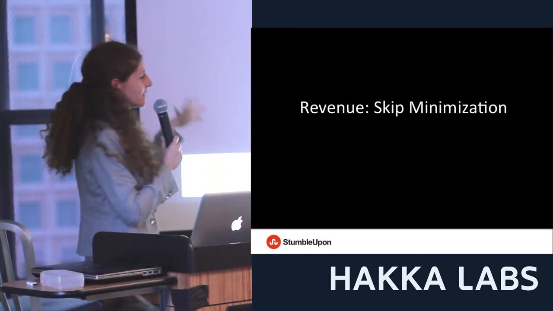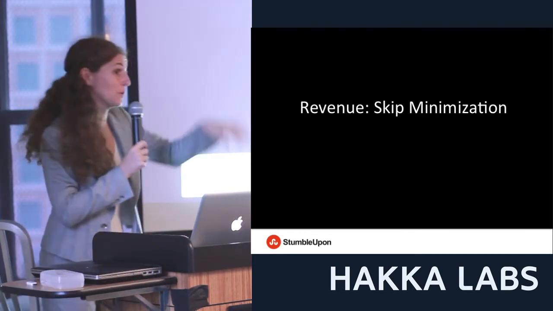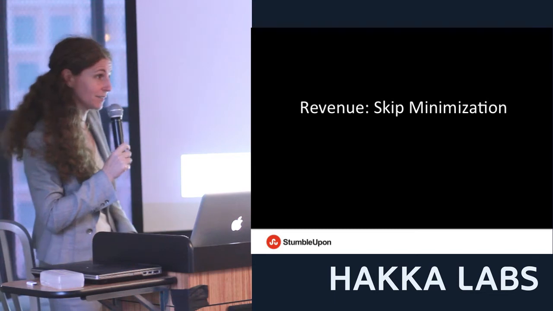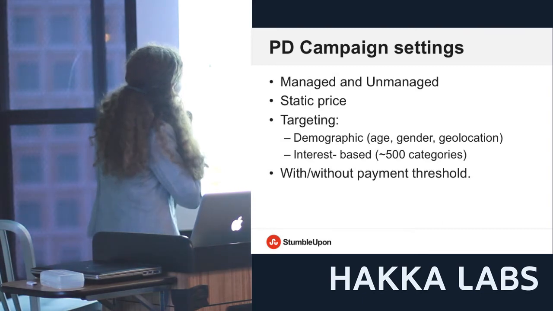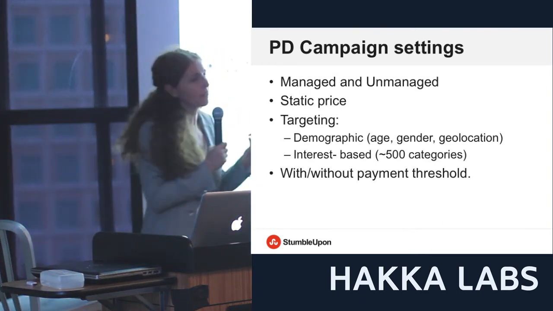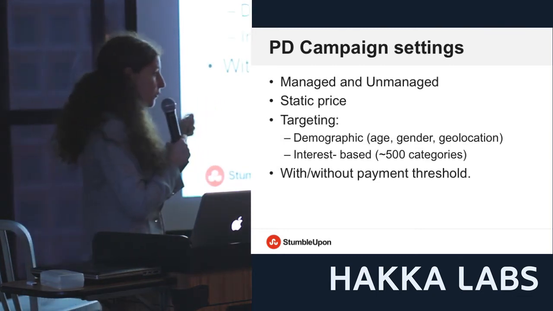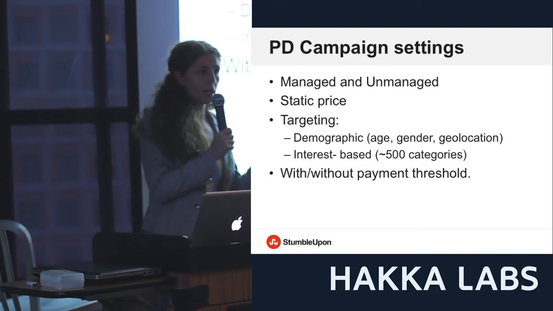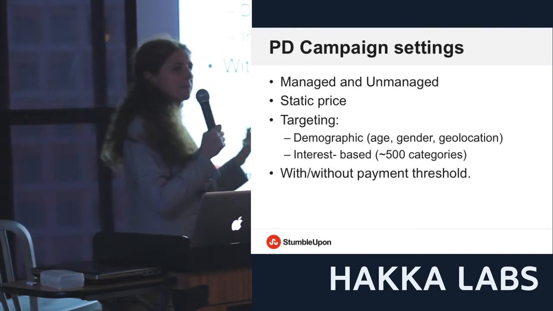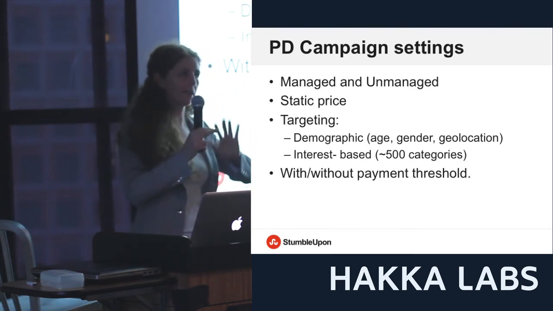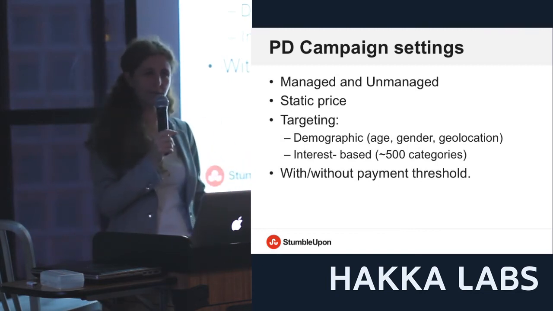So this is the last thing that I want to talk about in semi-detail. And after that I have just an overview of other problems we are trying to solve. This is very fast. So as I told you, we have two different ways to do advertising, two different types of campaigns. One is the managed, and the other is the unmanaged. Static price. We don't have a bid. We don't have any dynamic pricing. It works so well that we don't need any form of optimization so far.